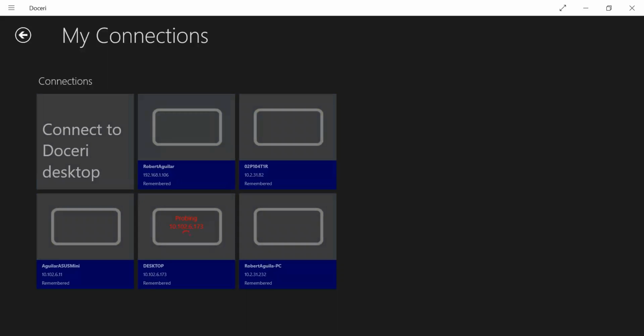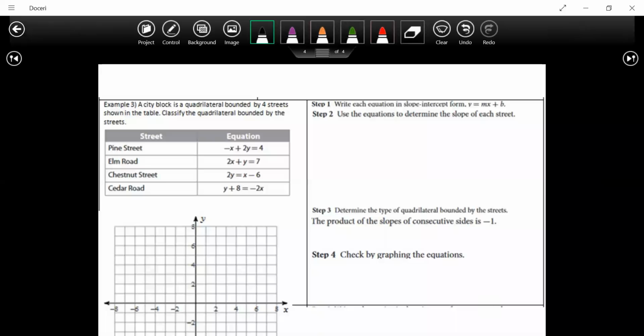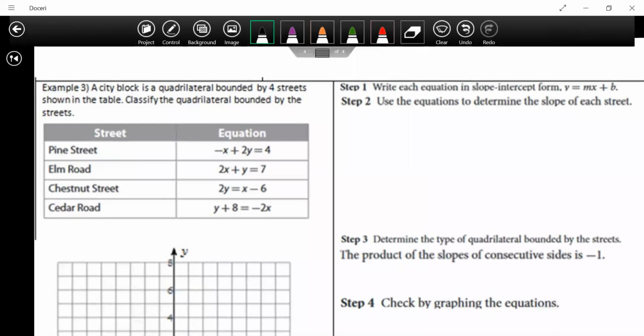Okay, it's telling us that we're given lines for streets, and those streets create a block of a quadrilateral. Now we have to be able to determine what type of quadrilateral that is. I'm not telling you to determine what type it is. I want you to tell me how we're going to find this. The first thing it's asking us to do, and all these equations look so messed up, is